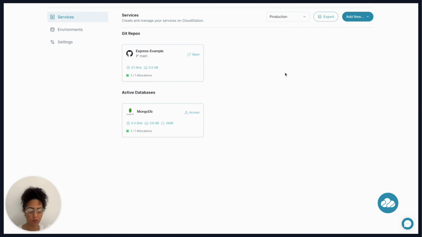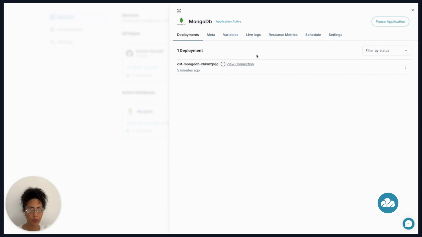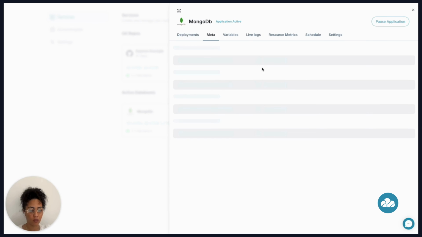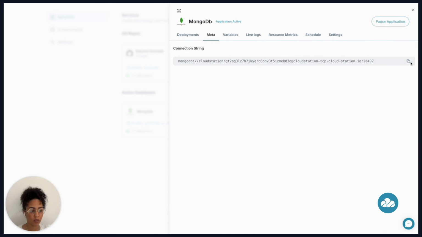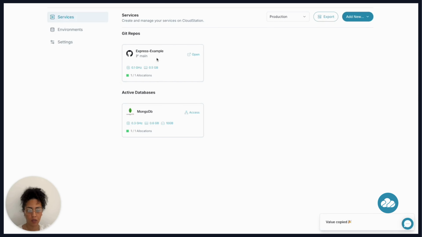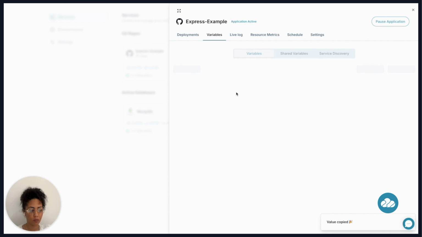to save my features from now on. So CloudStation offers two ways in which I can use this MongoDB instance. Either I copy the connection string from this tab, and I can go to the variables and add it as a new variable like this. So I just add and redeploy, or I can do it through service discovery, which is what we're going to do